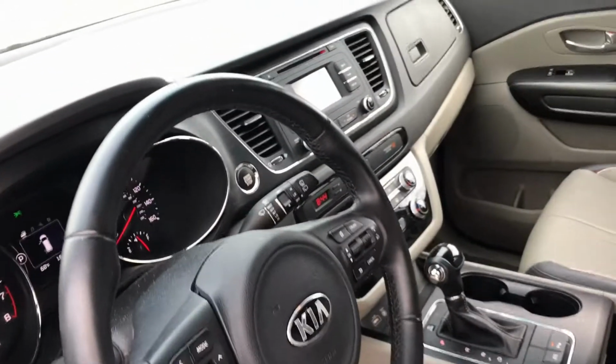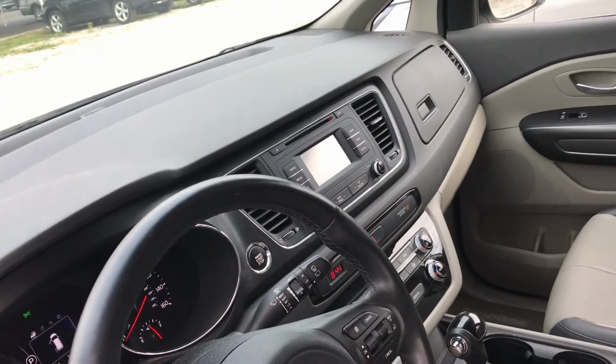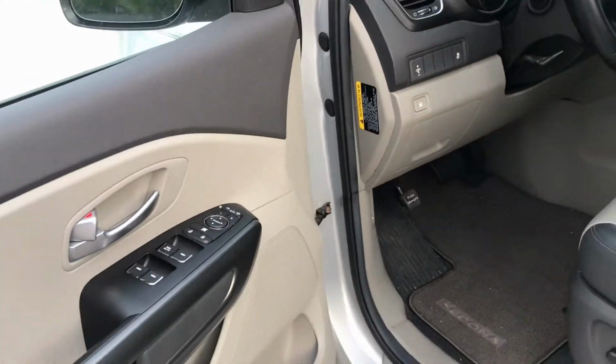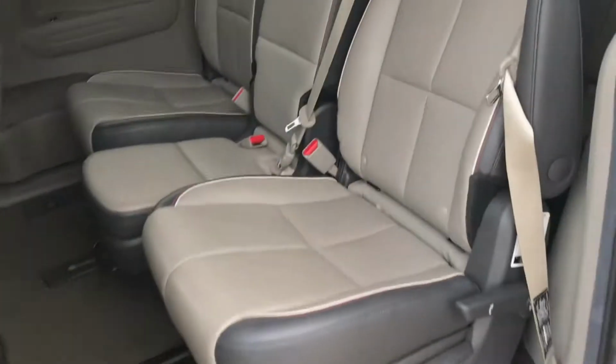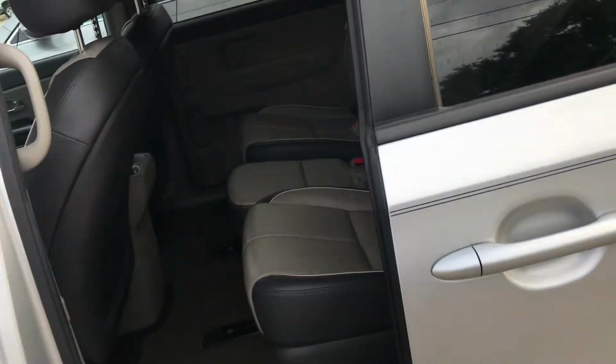Very nice leather wrapped steering wheel. It does have Bluetooth, backup camera, Sirius XM capable, push button start. Does have automatic folding mirrors, so whenever you turn the vehicle off, the mirrors automatically fold in. Does have seating for 8, so it's an actual 8-passenger vehicle. There's actually 3 seats back there. Really nice vehicle. This thing only has